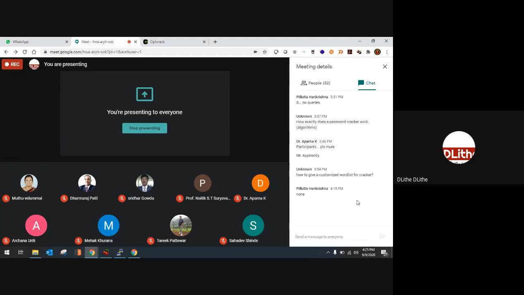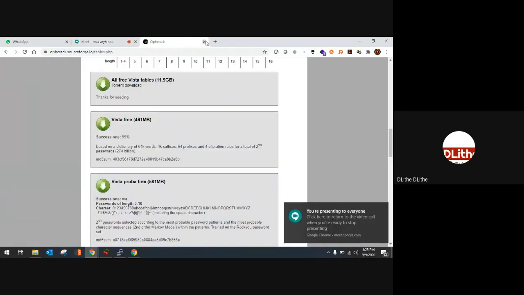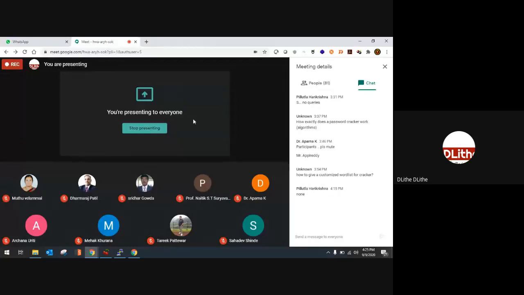Clear? Any queries, guys, regarding password cracking? Windows password cracking and offline password cracking. We'll come to online password cracking in a while. So before that, if you have any queries, please let me know in the chat box, guys. Because there are no queries, that's great. So let's go forward and go for online password cracking.